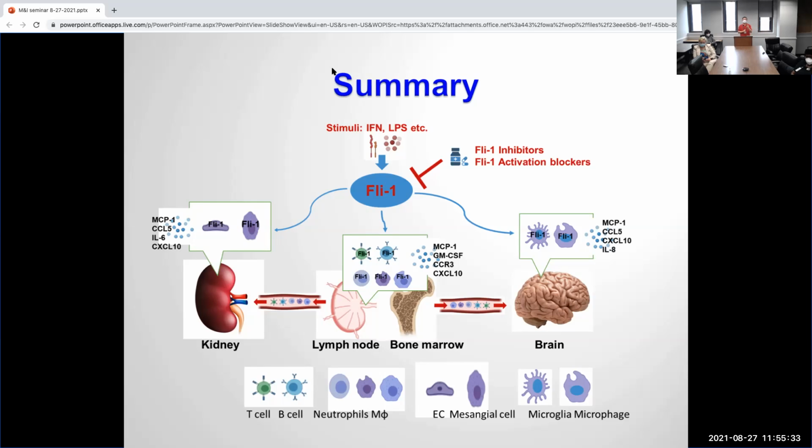The second mechanism, I think, is that Fly1 will impact immune cell migration. When Fly1 is activated, it can make the cells migrate more, through increased chemokine receptors, as in the example I showed you. It can make them migrate faster to the inflammatory site. The third one,